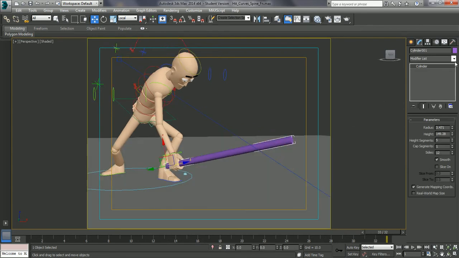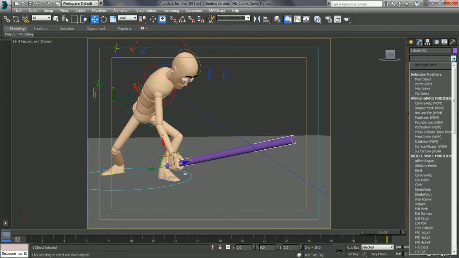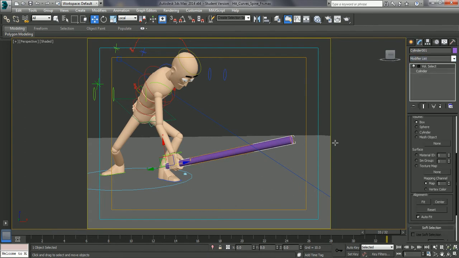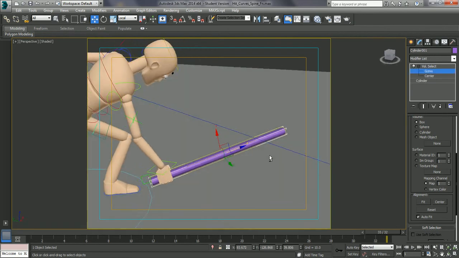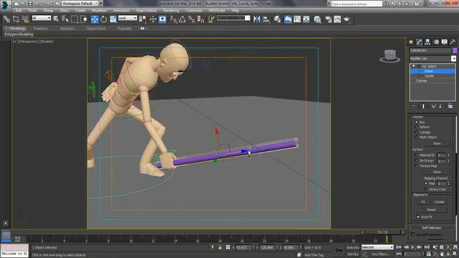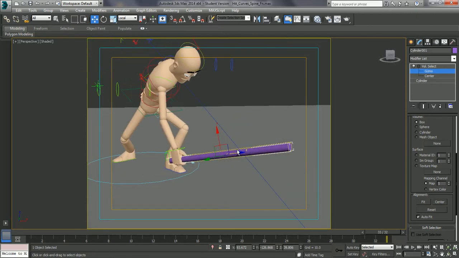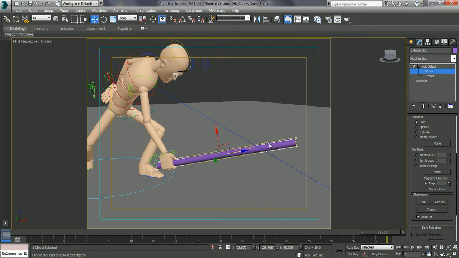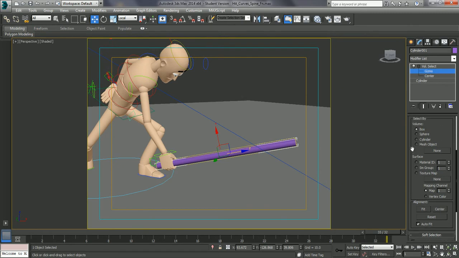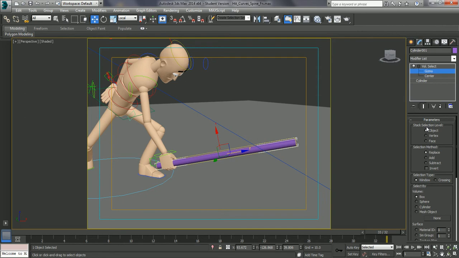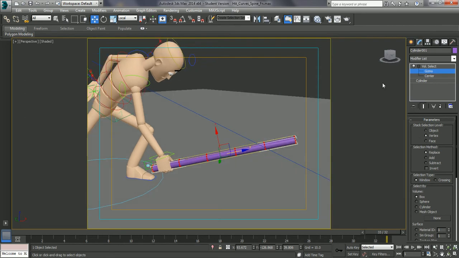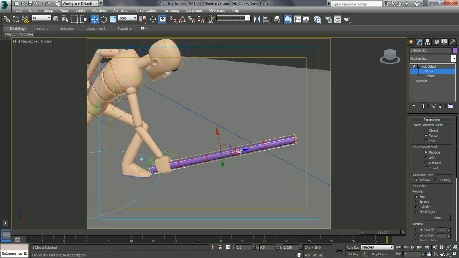So there's a modifier that we can use to do this, which is the volume select, down at the bottom. If I just click on the plus to this and go into the gizmo, this actually shows us a bounding box around this, or a bounding cylinder around this, and this is the area that this is going to affect. It's easier to see if I just go in and actually select this stack selection level to vertex. What I'm going to do with the gizmo is, with this local coordinate system, I'm just going to drag this up